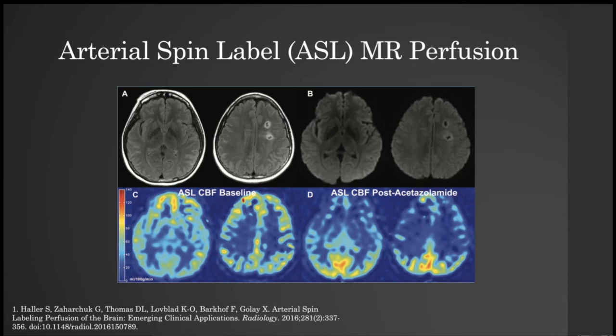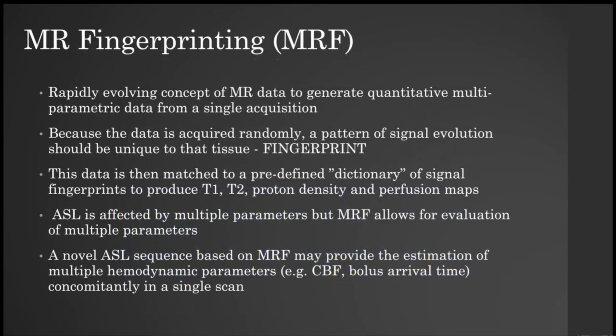But one of the things that I just wanted to end with, which is a newer technique, is this MR fingerprinting. This is a concept where, in a single acquisition, you can get multiple parameters that we're interested in. Because it's not acquired randomly, you have a certain pattern that the MR can pick up, and then that pattern is matched to a predefined dictionary, and then based on that pattern, that fingerprint, you can then say, look at